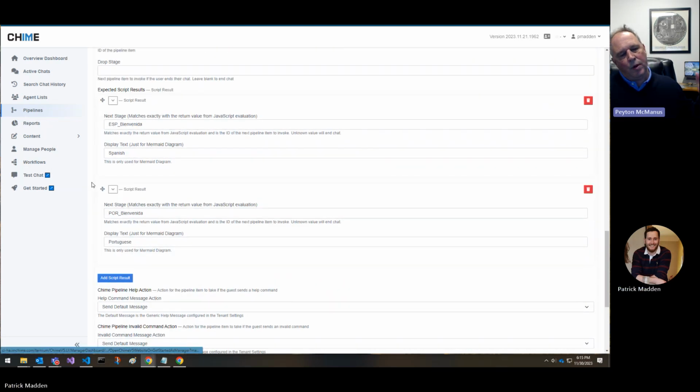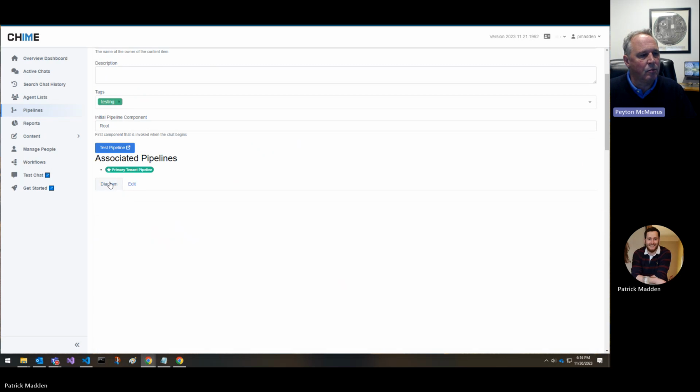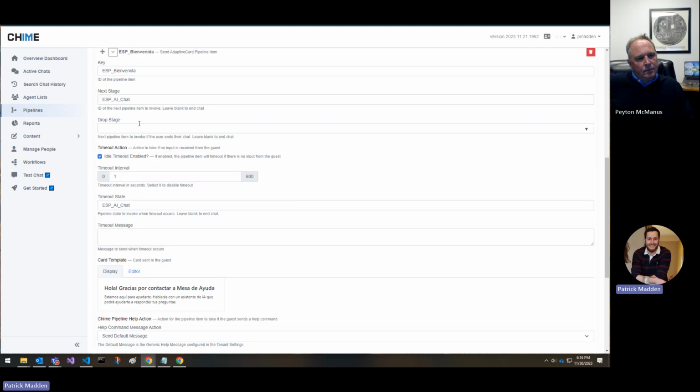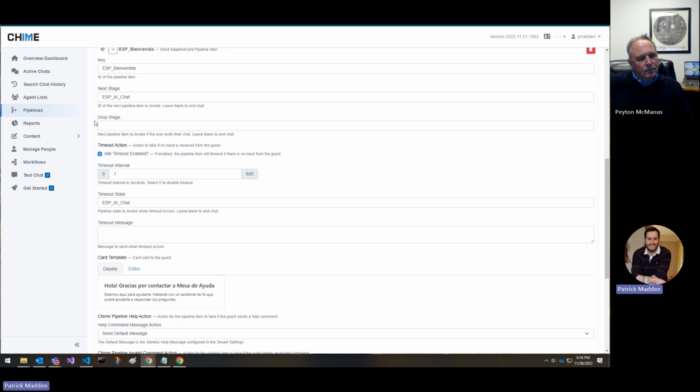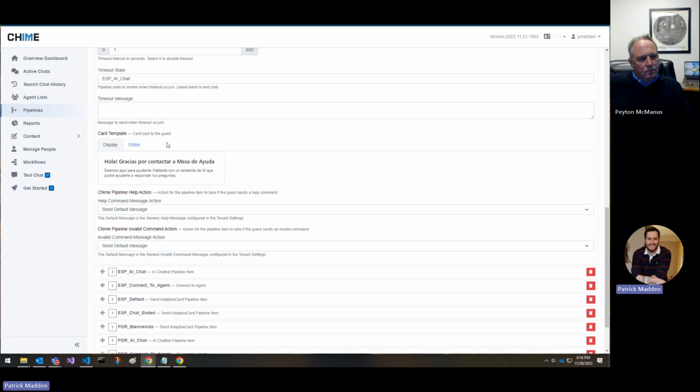Got it. So here we've come through, and now we're going to fork them. The next thing we're going to do is route them into, say, Spanish or Portuguese, and also connect them with a ChatGPT instance. Can you just show the next step after this, where we start getting ready to connect them with ChatGPT? Yep. If you picked the Spanish option, it would move you over to this next send card activity. In here, it'll time out if you get stuck on here, so that you can move into the AI chat routing. Otherwise,